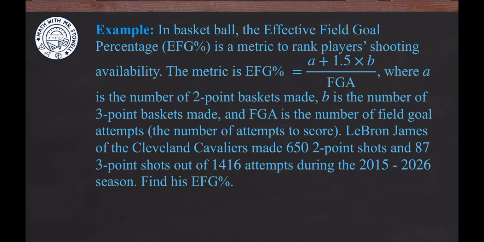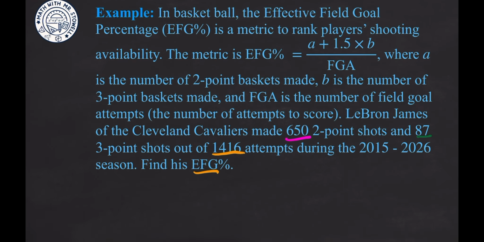LeBron James of the Cleveland Cavaliers made 650 of the 2-pointers, 87 of the 3-pointers, and he shot a total of 1,416 attempts during the 2015-2016 season. Find the EFG percent. All we had to do with this is just substitute the values to find the metric. So the EFG